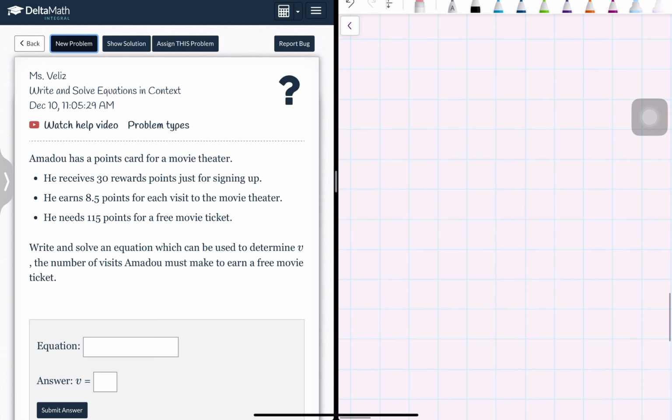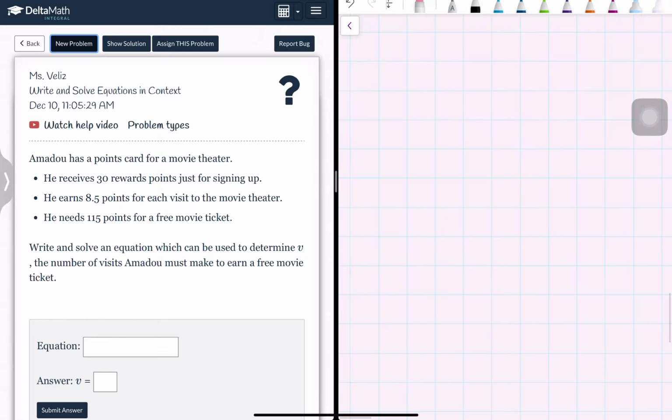And this one talks about the theater. Amadou has a point card for the movie theater. It says he receives 30 points for signing up, and each time he visits the theater, he gets 8.5. If he wants to get a free movie ticket, he has to get a total of 115 points. So in order for us to get, just to sign up, once again,